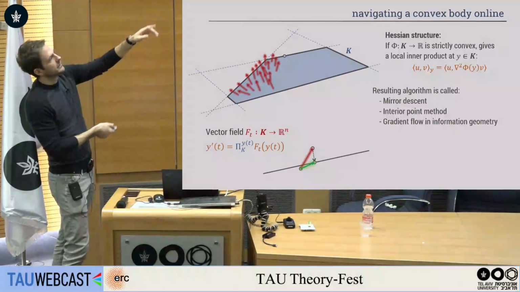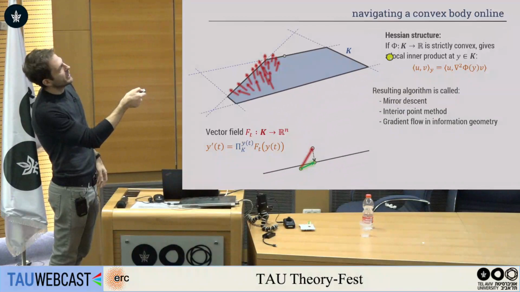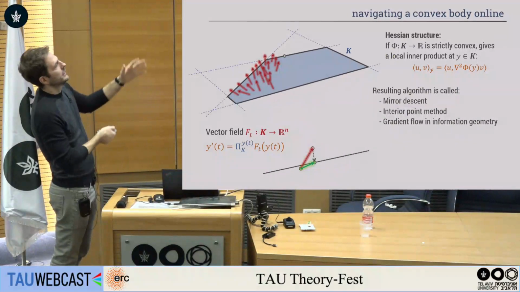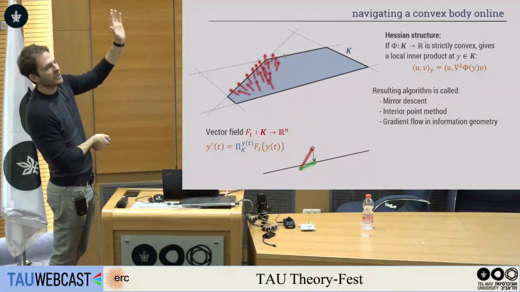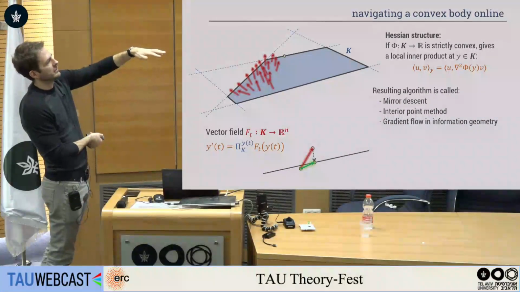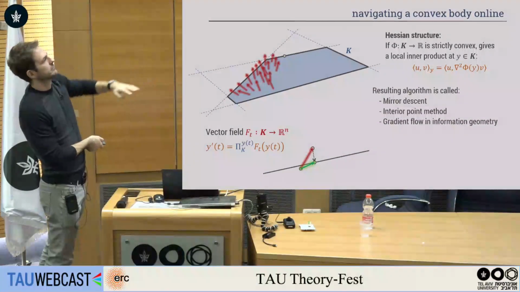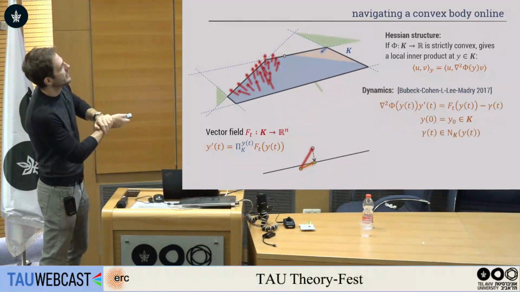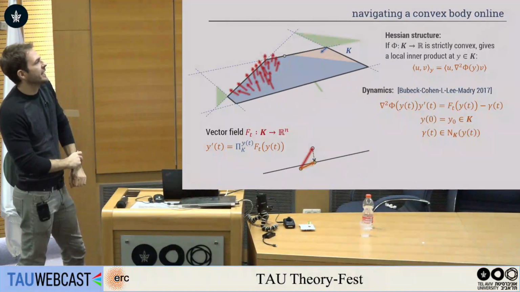I will probably call this a regularizer, also called a mirror map. But the resulting algorithm has many names because it comes up in many different fields: mirror descent, the generic interior point algorithm, gradient flow, information geometry, and so on. And in this setting,